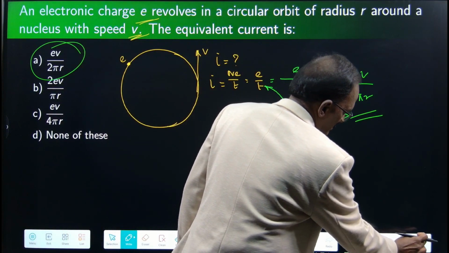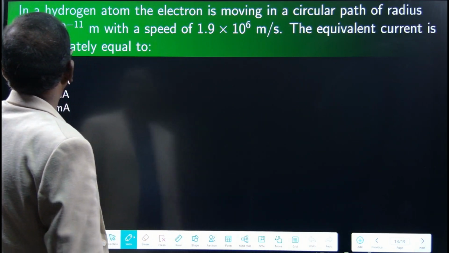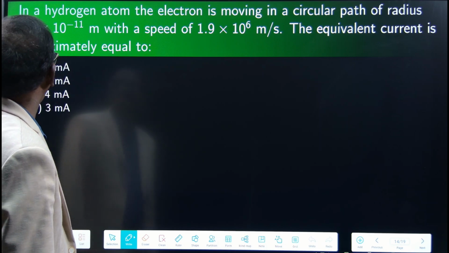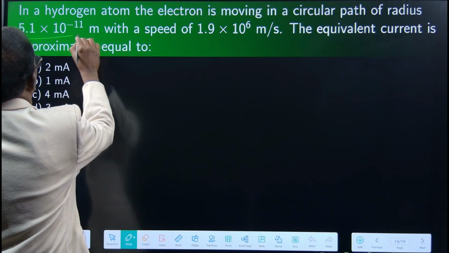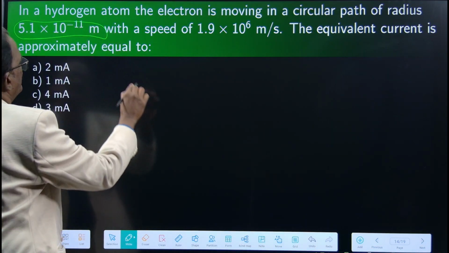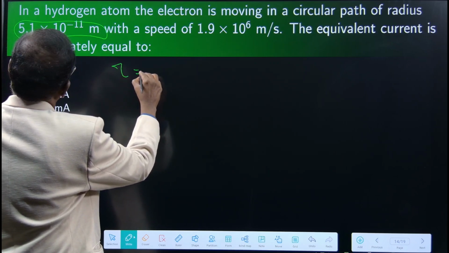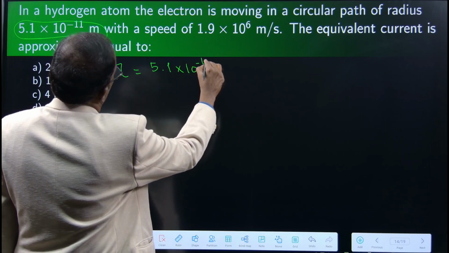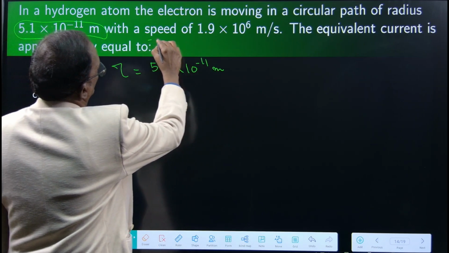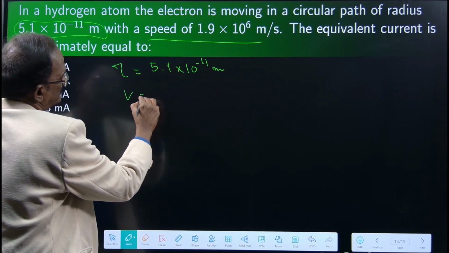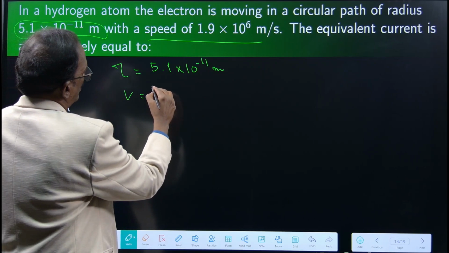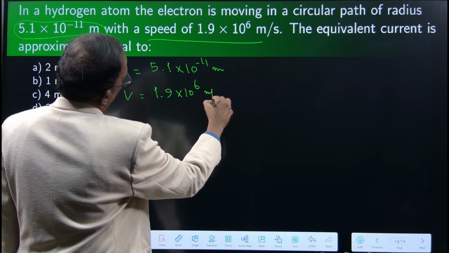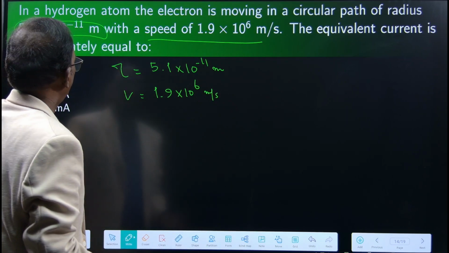Right. Next problem. In a hydrogen atom, the electron is moving in a circular path of radius 5.1 × 10^-11 meter. So radius is equal to 5.1 × 10^-11 meter with a speed of 1.9 × 10^6 meter per second. The equivalent current is,